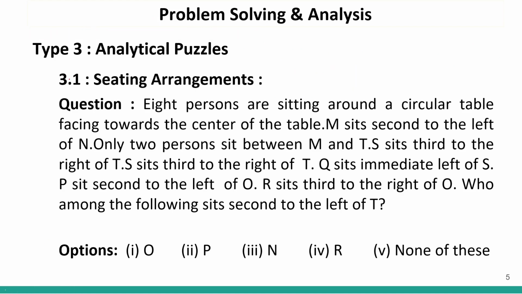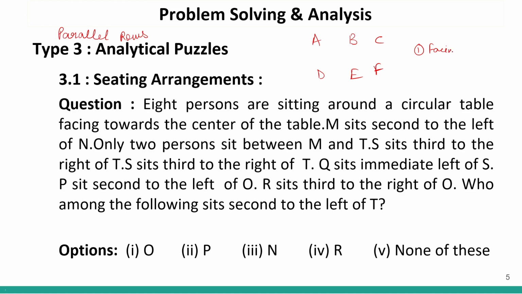The last possibility is parallel rows seating arrangement. As the name suggests, people will be sitting in parallel. So let's say A, B, C are sitting over here, and D, E, F are sitting over here. In this also you get possibilities. The first is